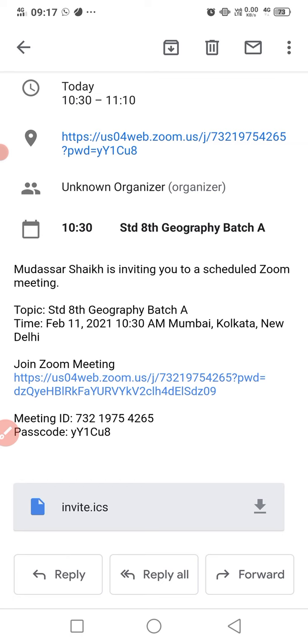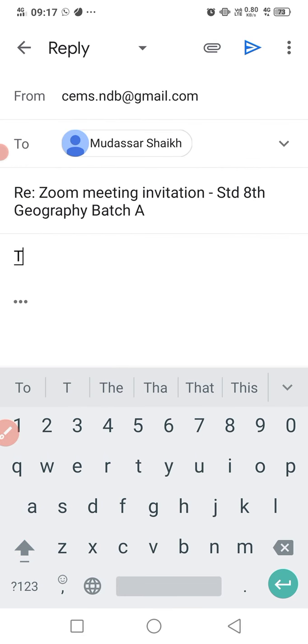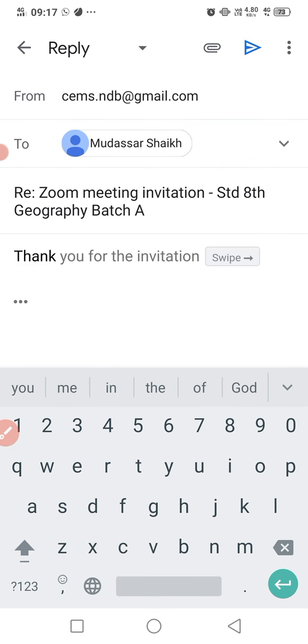Three options are there. If I want to reply to sir, meaning I want to say thank you for the link or anything else, then I can click on reply and type thank you. Now see, it doesn't ask for the email address because we are replying. So automatically these two boxes are given, the subject is also filled, we just have to write the main content. Got it?